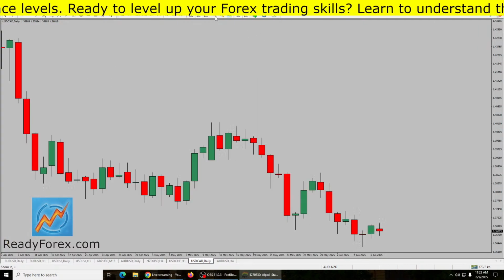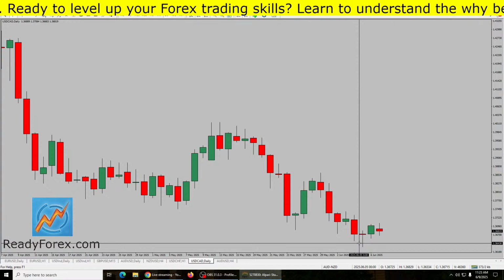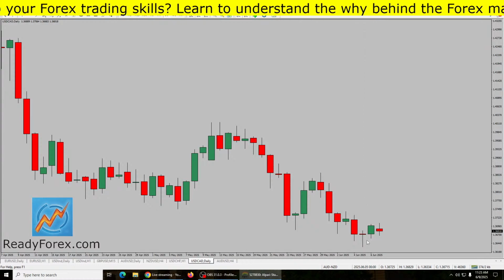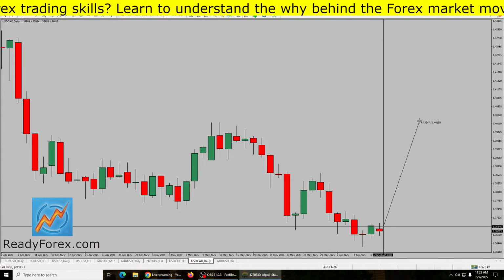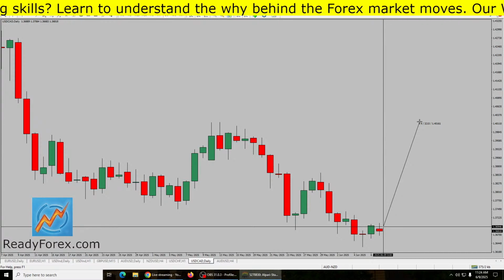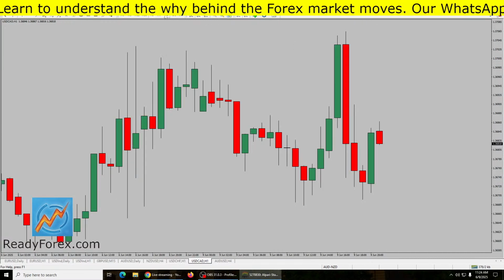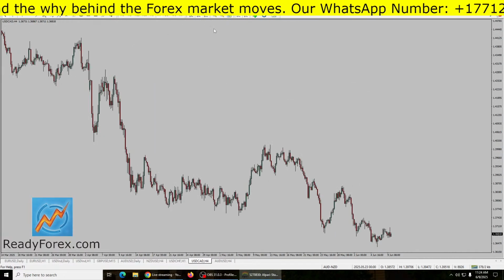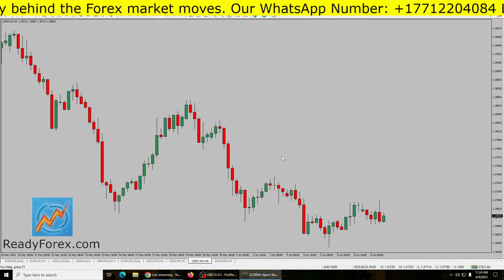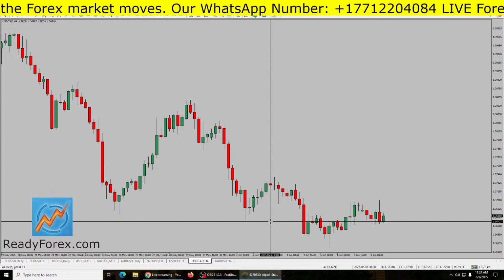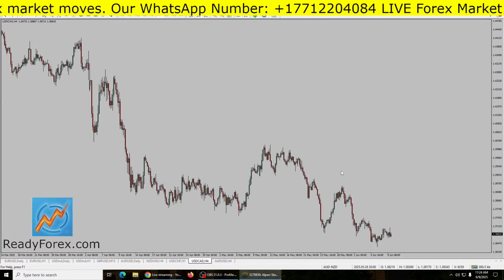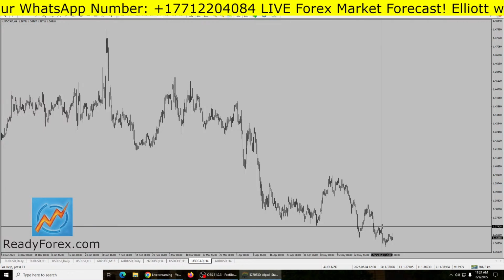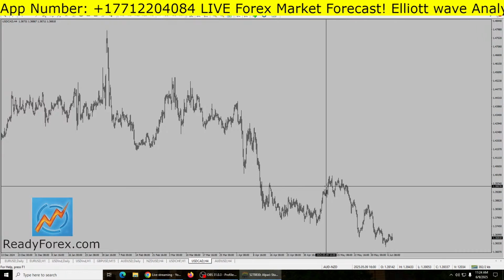This looks to me like we're getting a reversal candlestick pattern over here. It's not very bullish, but it could turn out to be a bullish one, and we might get further upside inside the USDCAD currency pair. So as far as the price action is concerned, based on the current market scenario, a good idea is to look for a bullish leg in price action and some kind of a breakout above this resistance level at 1.3742,